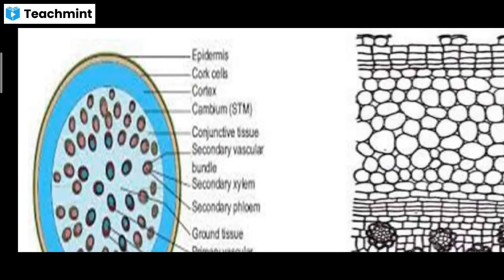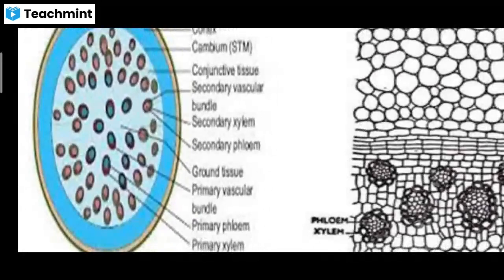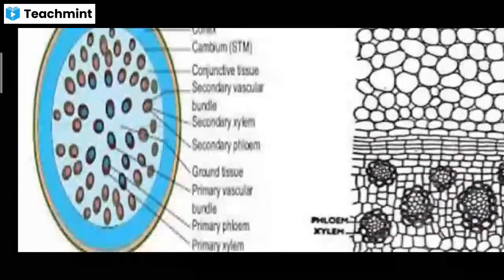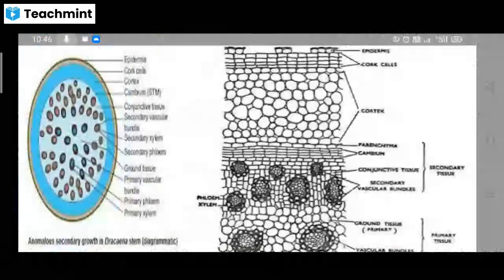Then there are the vascular bundles in between. You can see at the center some different types of cells. Some vascular bundles are produced at the center, which show some abnormal activity. Then this is the right side figure. This is the enlarged section of the